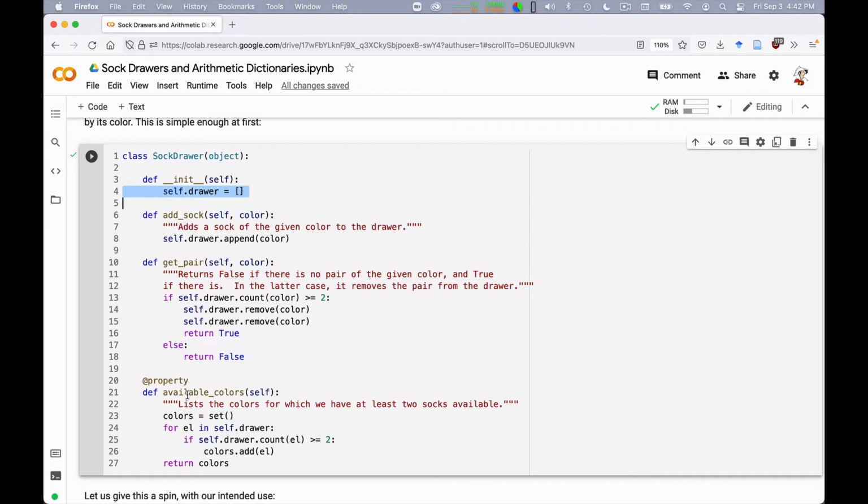There is sometimes a trade-off between the simplicity of the representation of what is stored in an object and the simplicity of the methods that operate on that storage. So let's look at how to compute the available colors. I initialize colors to an empty set, and then I go over all the colors in the drawer. If that color appears at least twice, then I add it to the set of colors,